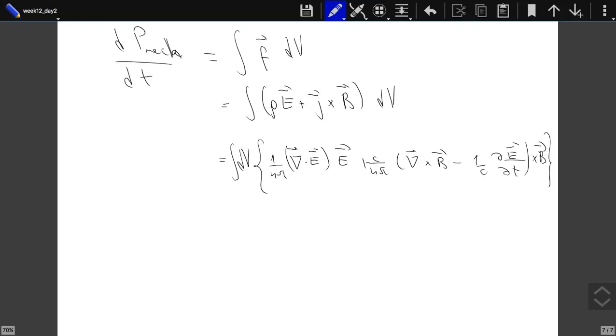Now at least we have one time derivative over there. So let me rewrite this dV. Let me take 1 over 4 pi out also. 1 over 4 pi integrated over the volume, E times the divergence of E plus